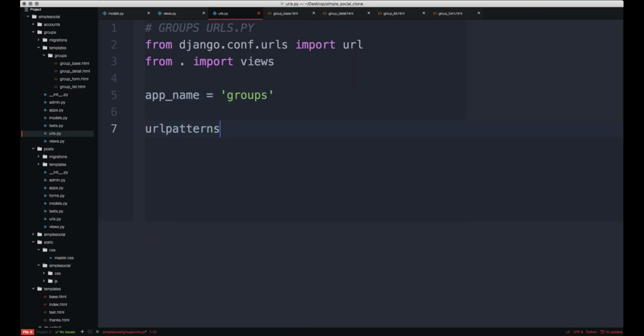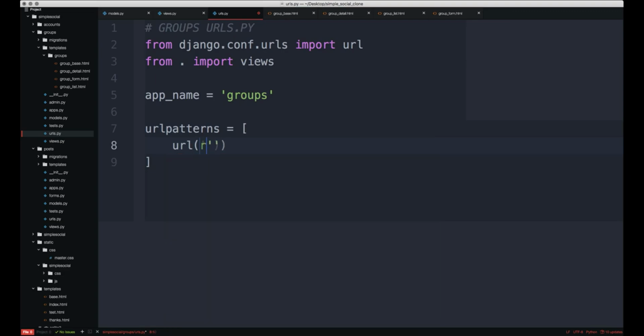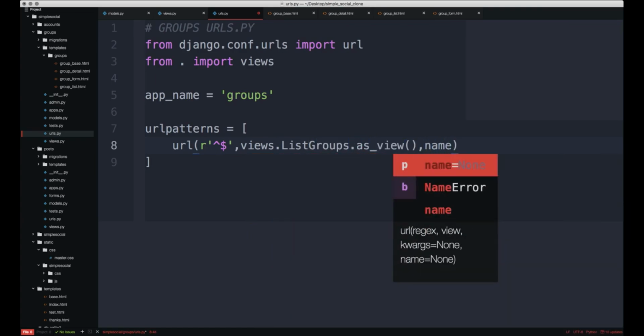Now I'm going to make a list of urlpatterns, and we're going to say the first pattern is just going to be the very basic groups page, and that will be the list groups page. So we'll actually just call it r'^$'. So when someone actually goes to yourwebsite.com/groups, it shows you the list of all the groups. So we'll say views.ListGroups.as_view, and then we'll give this a name. We can just give it all,